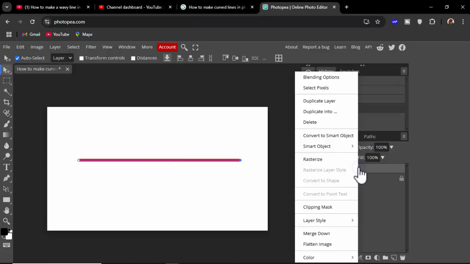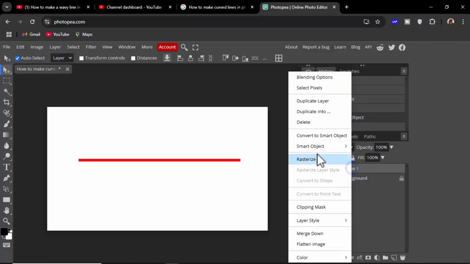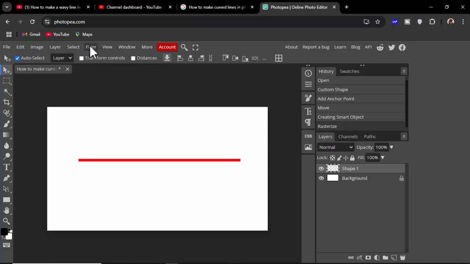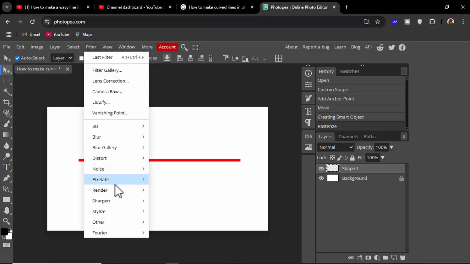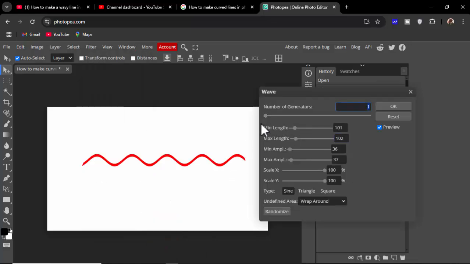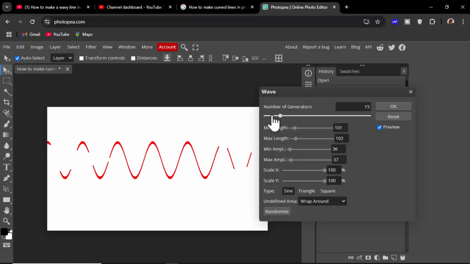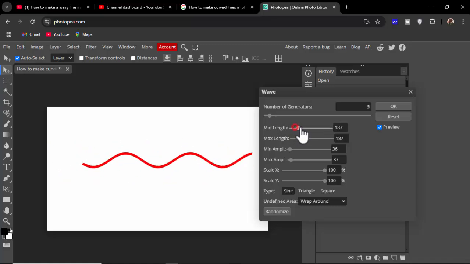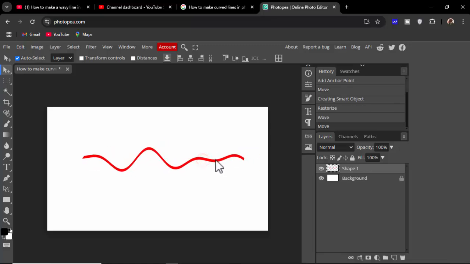Then right click on your mouse, convert to smart object. Again right click, rasterize, filter tab, distort, wave. See this wave line. OK. Click OK. And step 2,